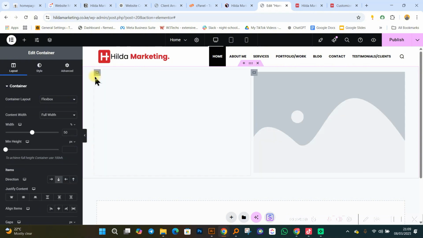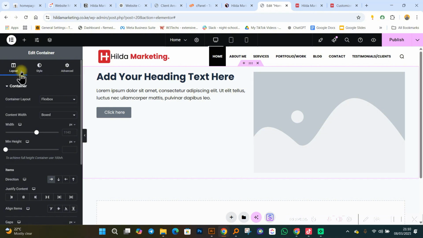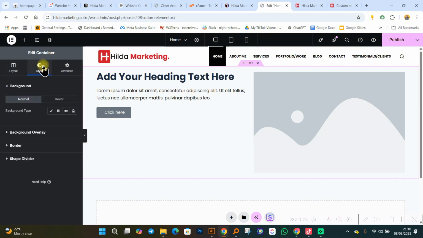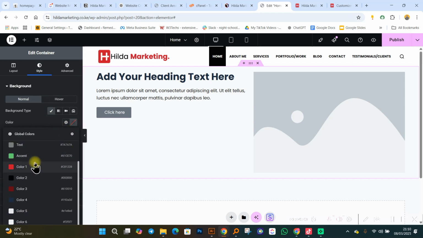This is a good thing about using the Elementor page builder. You can easily move things around and you can easily customize everything in your website. If I click on these dots over here, I'm able to edit my container. And if I click on style, I can do a number of things. I can probably even add a background color. Now there are some few colors I had set. Remember, how many guys remember when you are customizing?